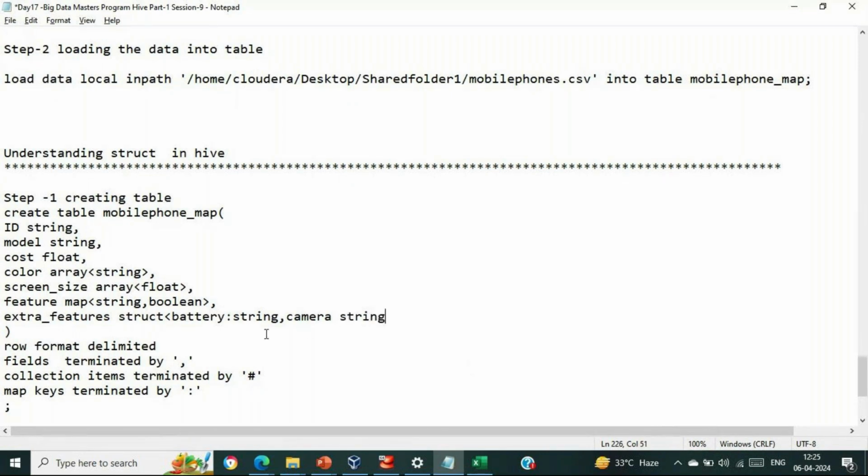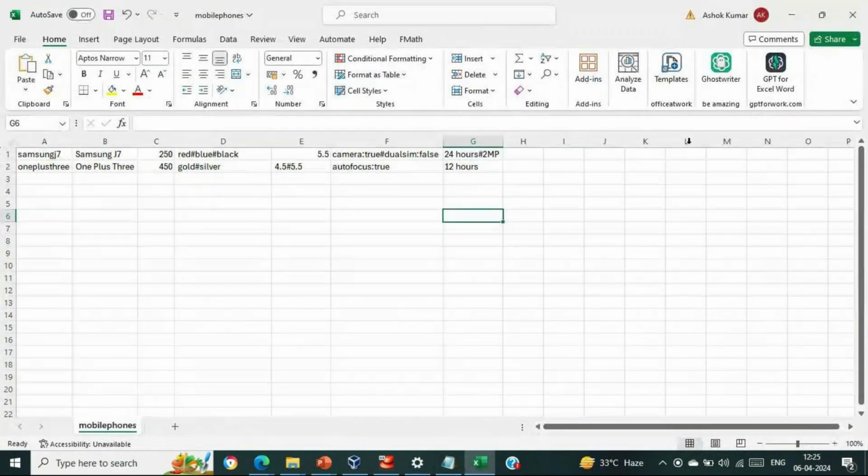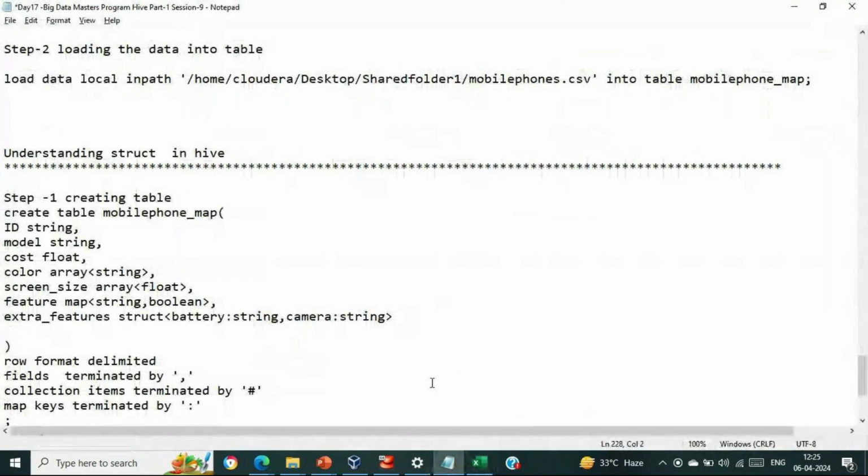Over here, if you are able to see, inside these extra features I'm going to create another set of features: battery is of string type, camera is of string type. If we have certain other features, we can add over here, otherwise that is fine now. So struct, we can have multiple data types in it. It will be acting as a class. And this is nothing but mobile phones struct, and